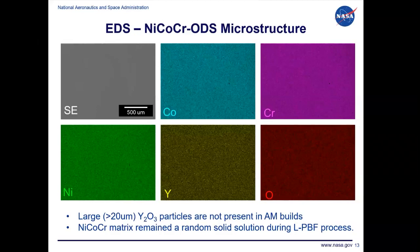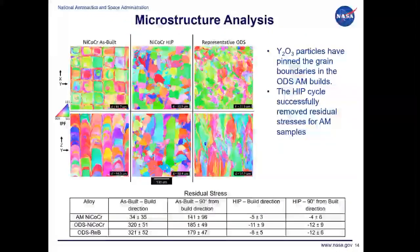So this is just kind of showing that we were able to solve that issue, and we just kept yttria on that really nano length scale in these builds. If we look at the grain structures in these alloys, on the left here is nickel cobalt chrome as built, and you can easily make out where those laser scans in that pattern were for our builds there. But after we did a HIP step, we were able to get a much more equiaxed grain structure through that